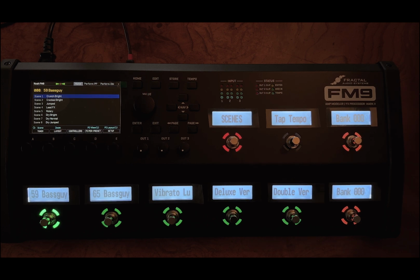And of course, the great thing is, as of recording this video, firmware 6.0 beta has been out for a little bit, and you get the gapless switching, you get some improvements on some of the amp blocks, as well as the reverbs and everything like that. You can, of course, read the release notes, but the gapless switching, again, is going to be the game changer for a lot of users,